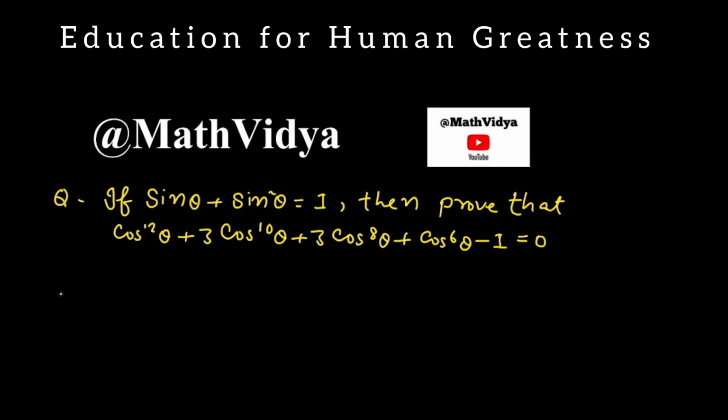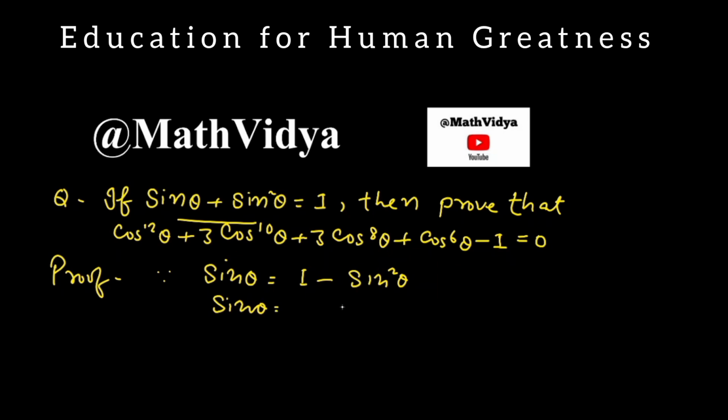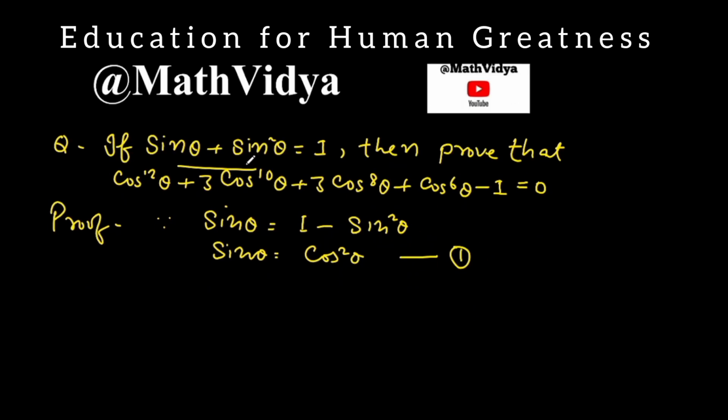Okay, we have to prove it. Then prove, since sin theta equals 1 minus sin square theta from here, okay, from here sin theta will be equal to 1 minus sin square theta, which means cos square theta. This is equation first. Okay, so let us take common cos to the power 6 theta from all these